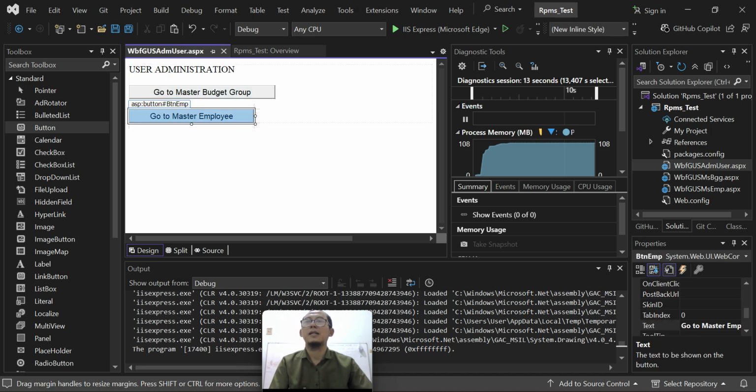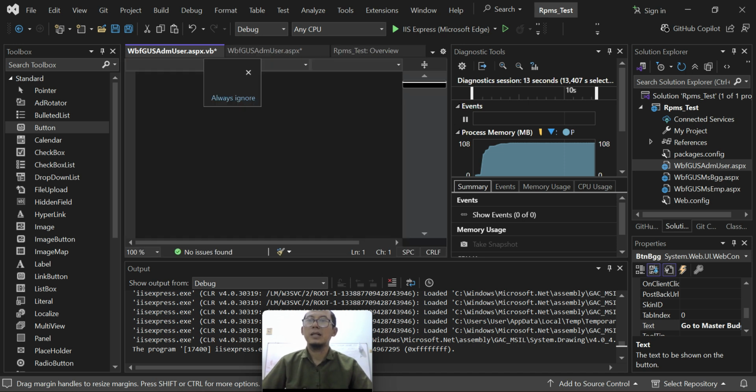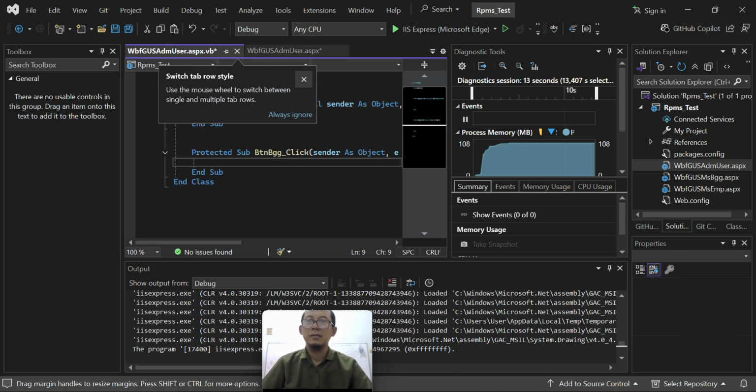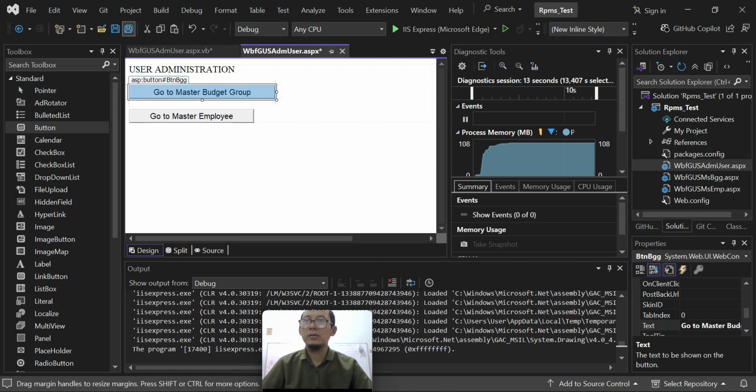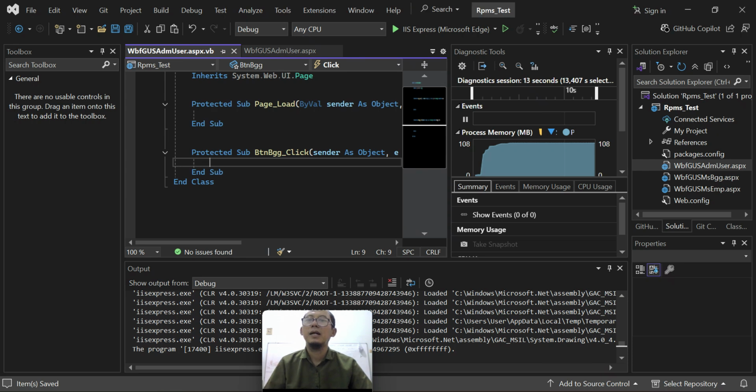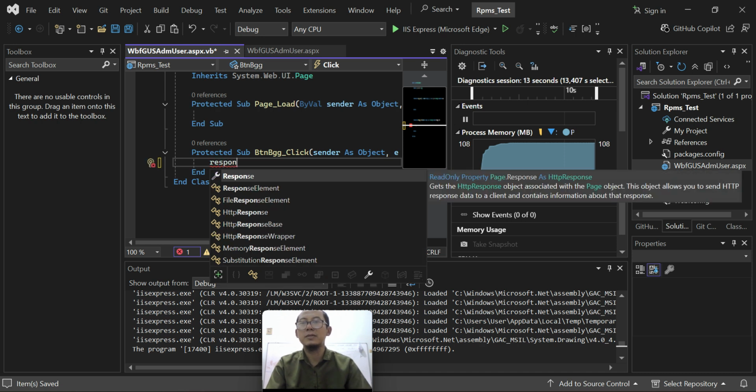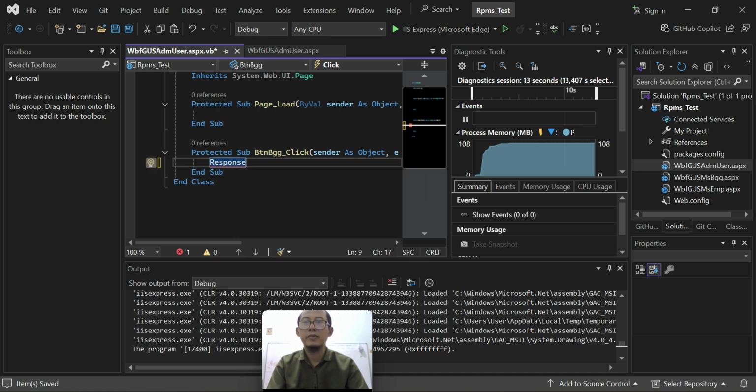Okay, now let's see how to go to master budget group. Double click the button, go to master budget group, and let's write our first program.